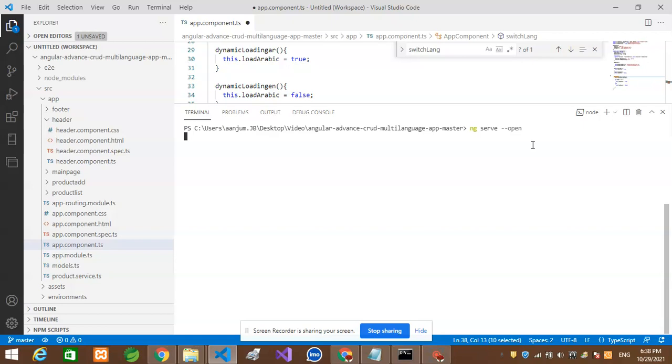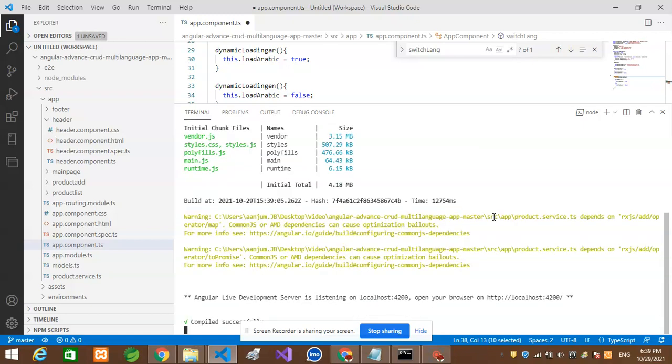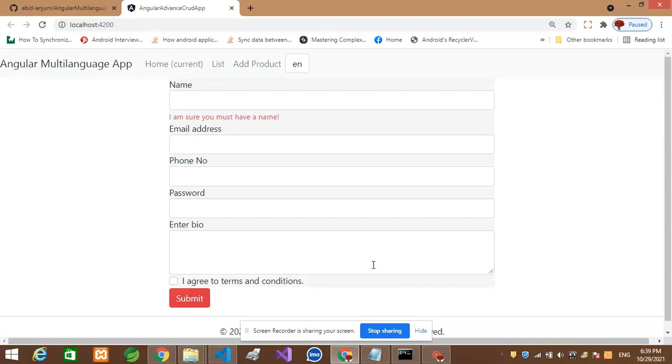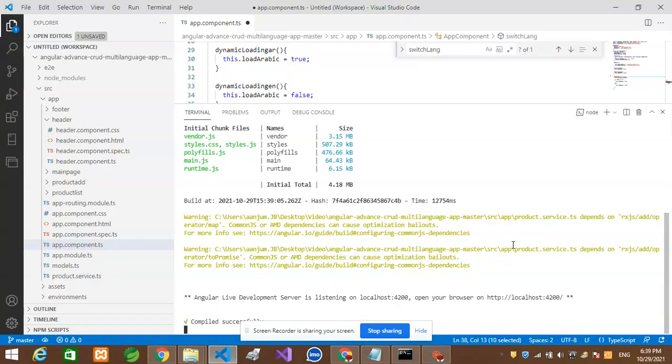Let's see. Just wait, it will take some time. For building for production, we have to use another command, which is ng build.